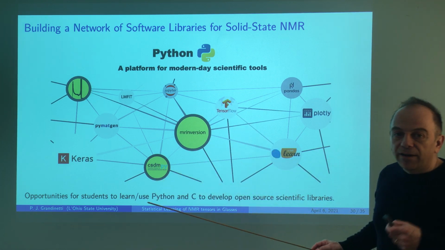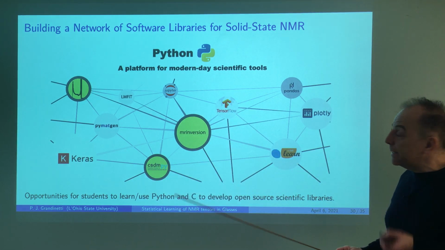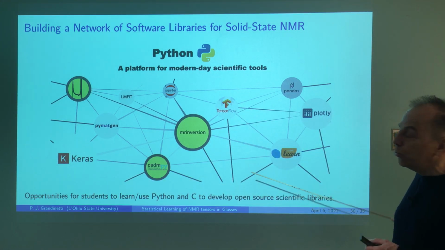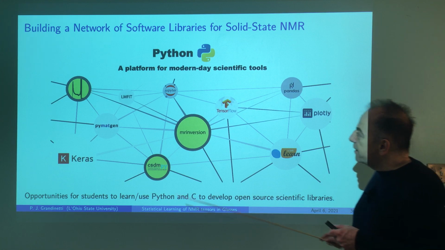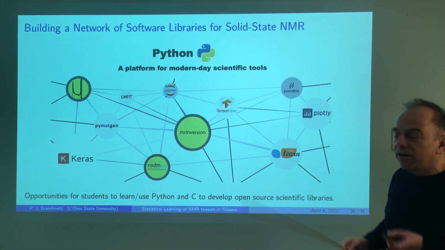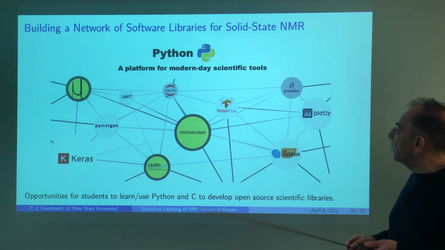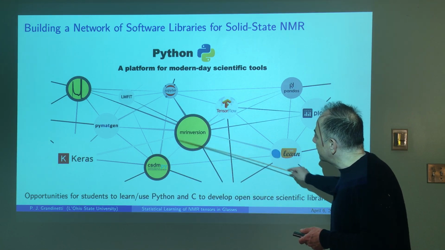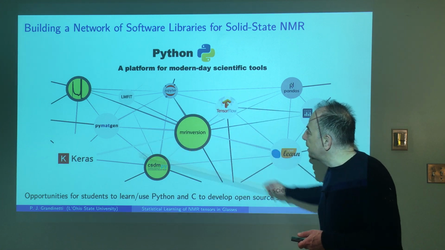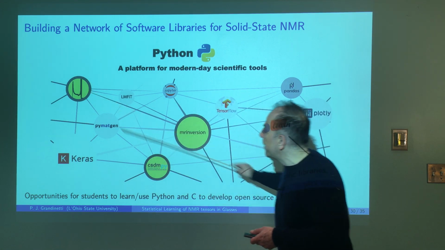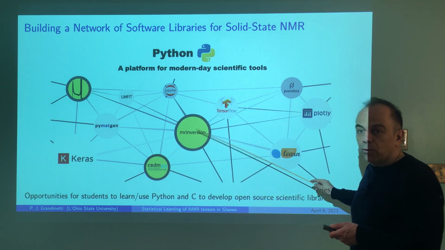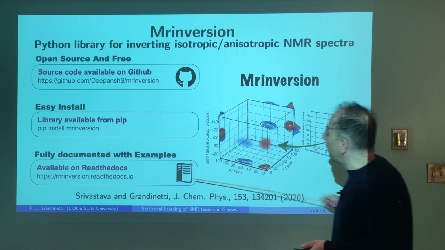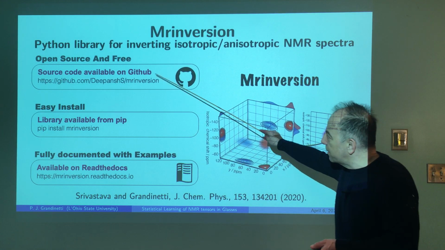developing a number of software packages in Python to integrate with all the other tools in the Python world to help us better analyze all of these types of multidimensional NMR spectra. And so mrinversion is a package that integrates with many of these other tools. And there are 2 other packages that we've developed along the way that are really important that I just want to tell you about. And so, of course, first of all, there's the mrinversion package, which you can get the code